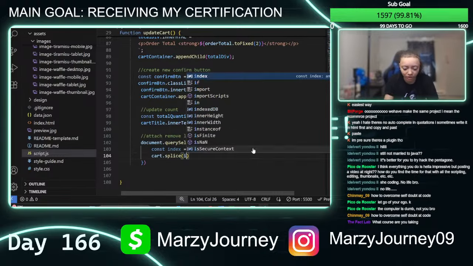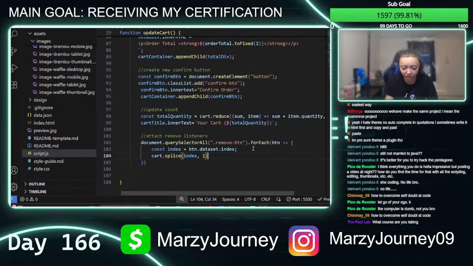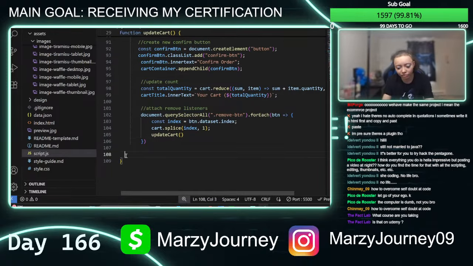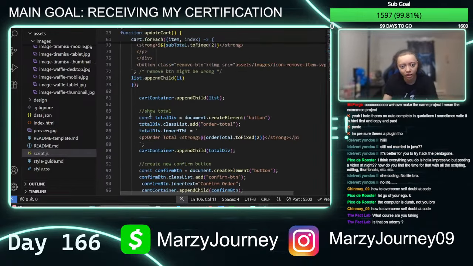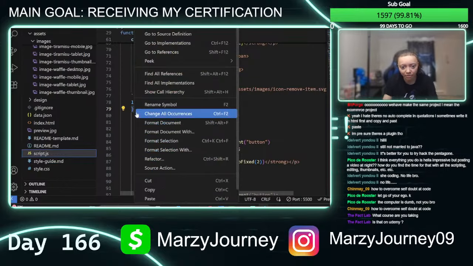So then this needs to be index 1, and then this should be good, splice, because you're splitting it, and then you need to do update cart, and then hopefully this works. Oh, you know what? I think I miswrote a lot of this, because I think it's still supposed to be inside of this. I'm not positive.